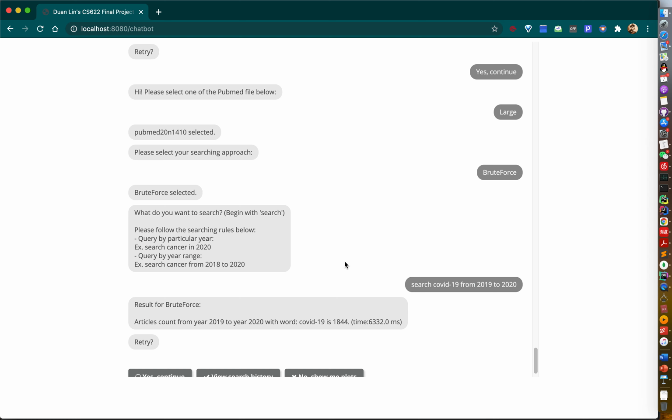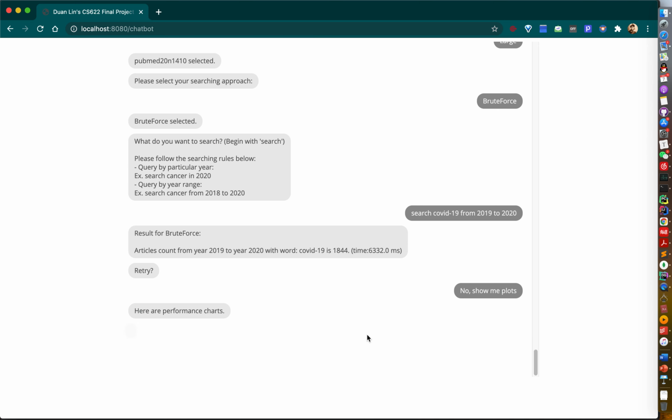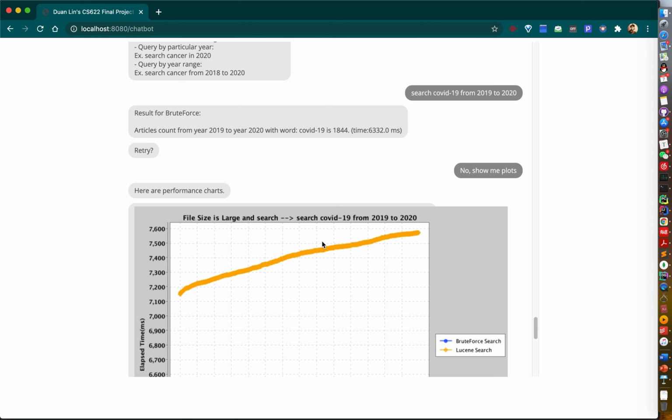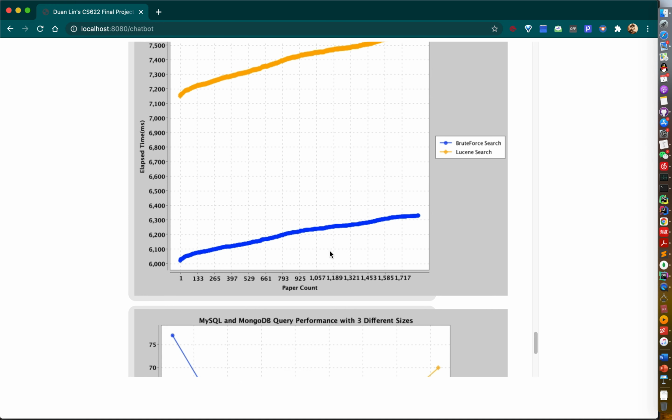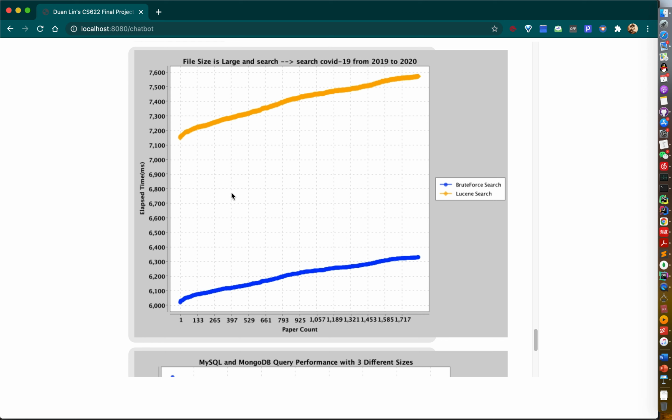Yeah, so here I did 12 experiments to do all of the search process here. So now I can see the plots. If you click "show me the plots", you can see two different pictures here. Because for brute force search and Lucene search, I will refresh the plots every time. So the reason you can see the large files and search the COVID-19 results here is that it's the latest